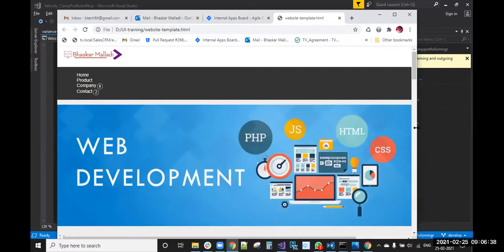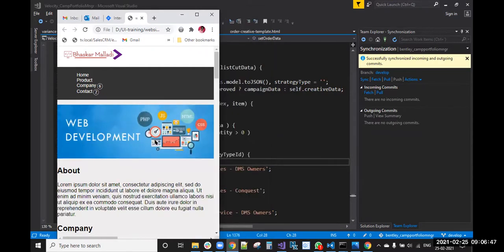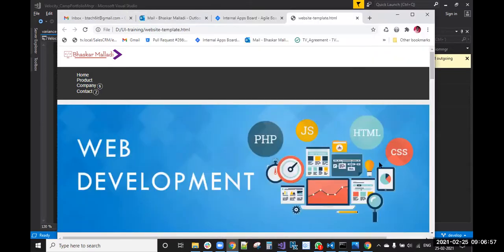We are making it responsive up to here only. You can see now, okay, the image is responsive. We will do the section elements later, but up to that the image is okay. It's responsive only, right?